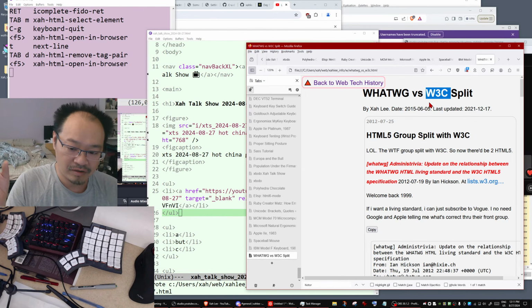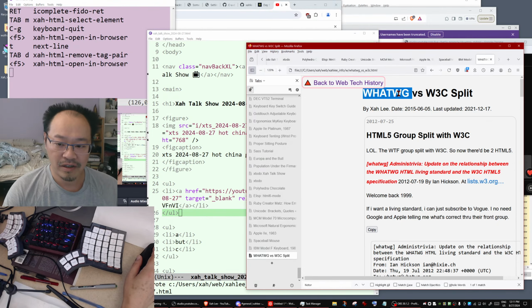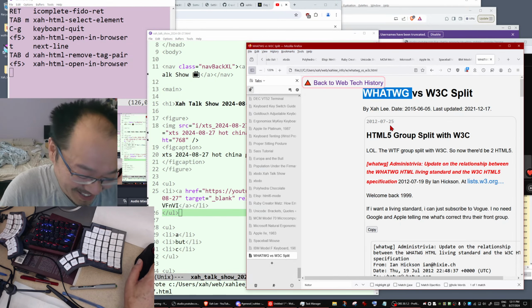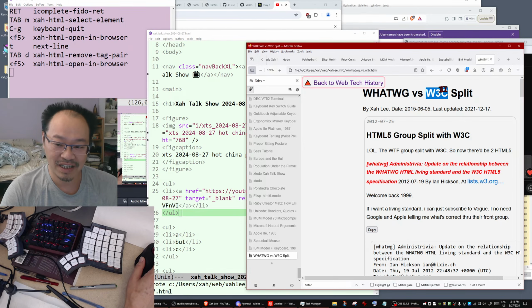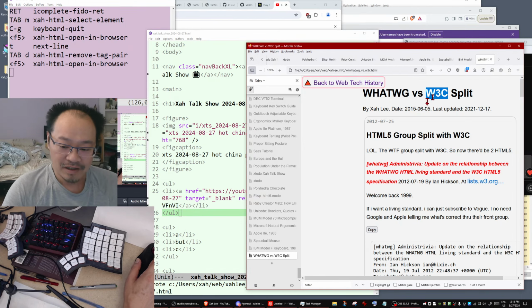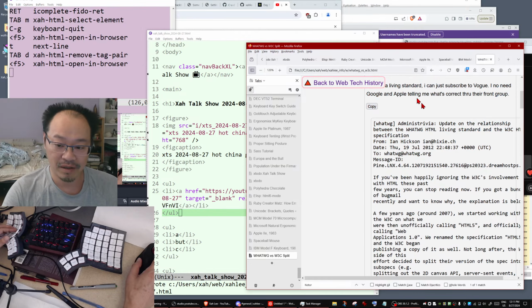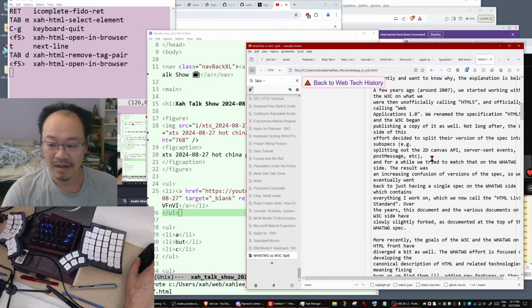SVG for line graphics on the web. Anyway, and versus that, for about 5 years or so, you have two different standards. W3C claims their standard is the standard, while the Apple and Google group, what the fuck group, they say we are the standard. Eventually W3C lost. Okay, so what's the difference? Well, you can read. There's a difference